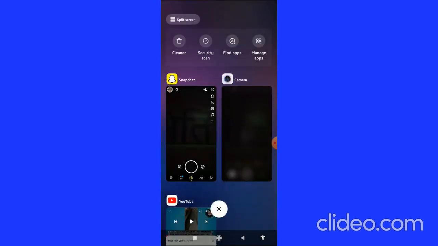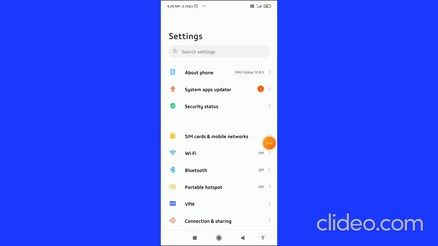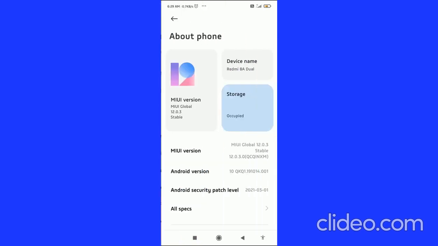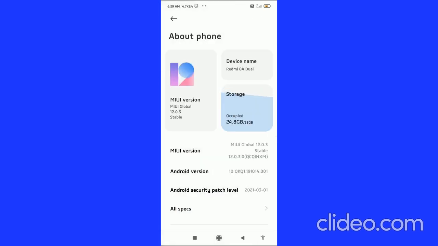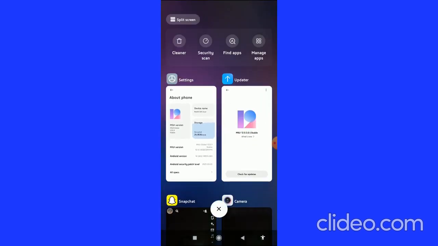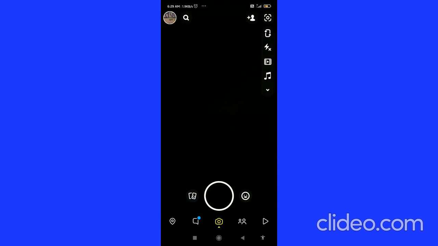First, go to the settings and click on About phone. Then click on the version here, and you can check for updates and update the phone. But if it is still not working, then